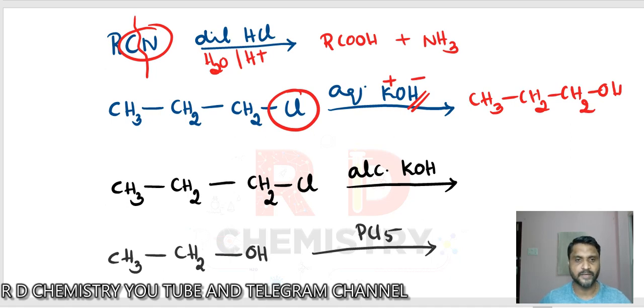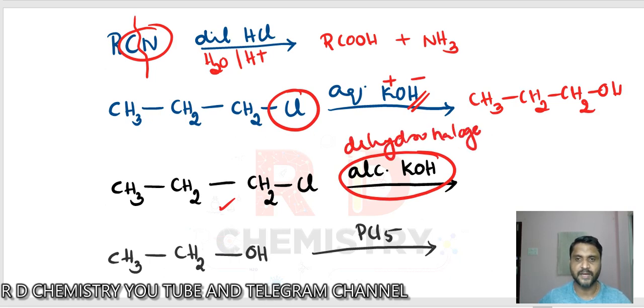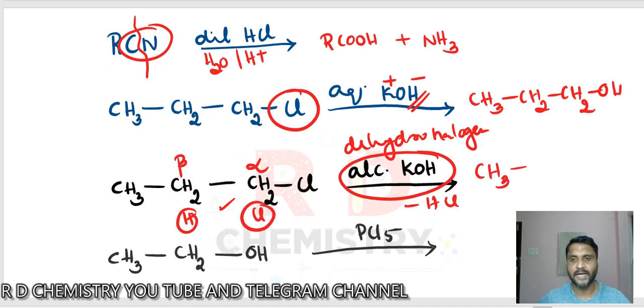The same molecule is given in the next one, but it is alcoholic KOH. So it is a dehydrohalogenating agent. So this is the elimination reaction. You have to remove the halogen from the alpha carbon and hydrogen from the beta carbon. So it is beta elimination. Remove hydrogen and Cl from the neighboring carbon atom, removal of HCl. So you bring a new bond, so we are going to get an alkene, and that alkene is propene.